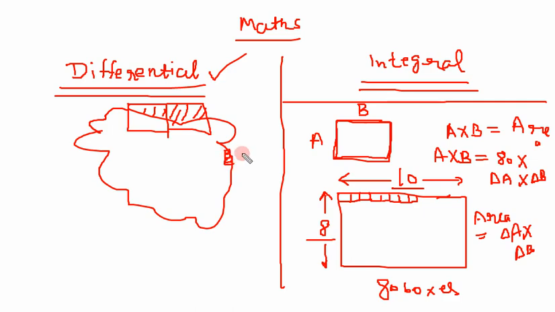So what is an integral? First, what is the meaning of integration? Integration is addition. Here what we did, instead of taking a very big box, we added many smaller boxes and got this area. So what is the meaning of integration or integral? Addition. If we don't know the area, volume or any other thing, what do we do? We take very small pieces, many small pieces, and add them together to calculate the area.